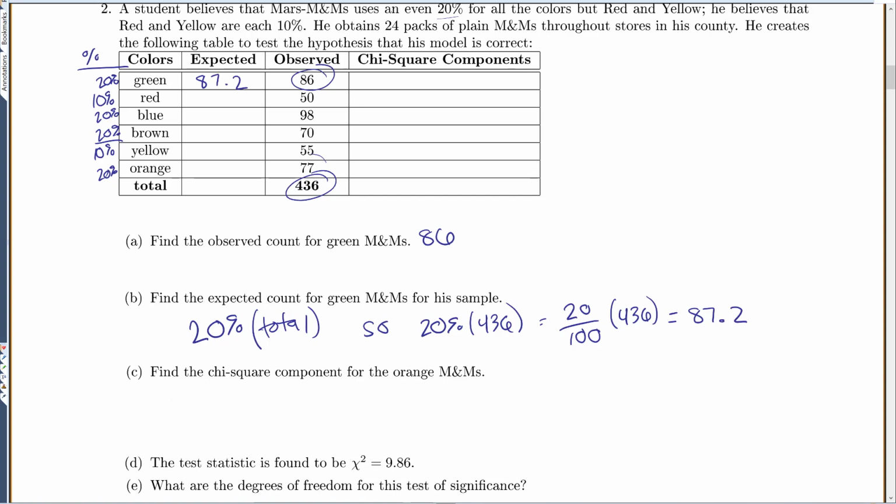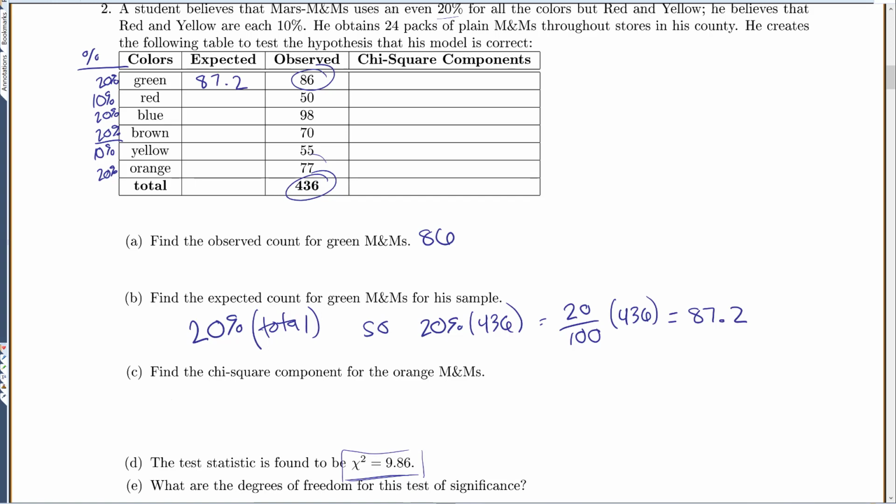Now, on this specific problem, you'll notice that on part D, she actually gives us our chi-squared value. So we don't necessarily have to be able to find all of these expected values. This is something to save you time. But I am going to write in what they are, in case you wanted to try them yourself, just to make sure you know how to do it.